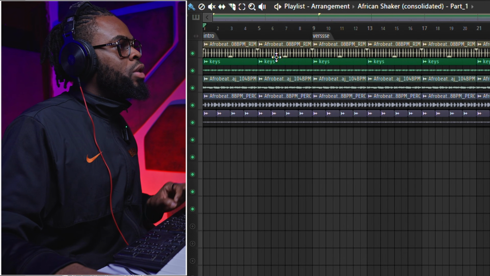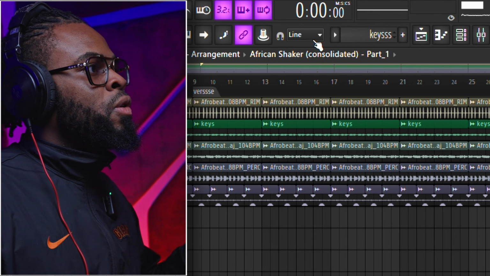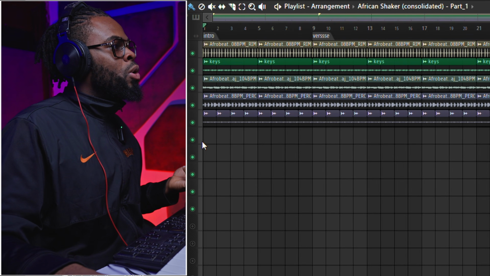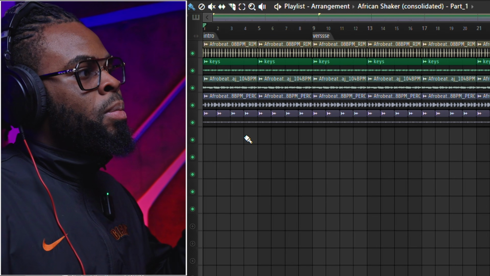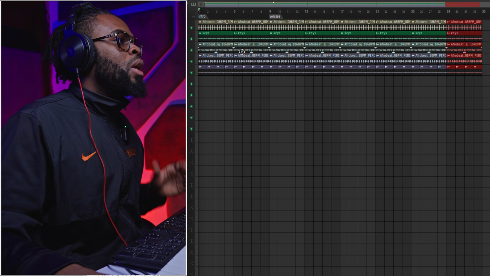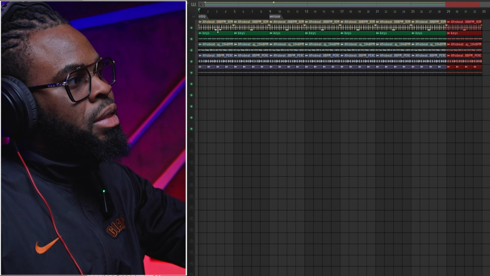So from here to here is 8 bars, and if you don't know how to count this, you can just go to your FL Studio, click on this tab and put it on bars, and it just helps you. So 1 2 3 4, that's the first 4 bars, 1 2 3 4, the second 4 bars, and that's just making 8 bars. So now what I want to do is I want to be able to take out some elements in this